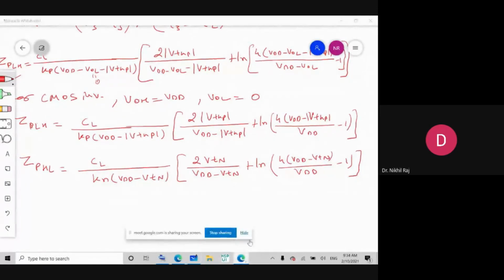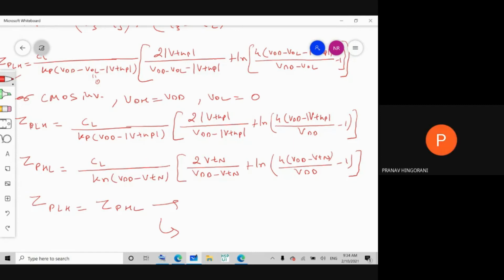So in these two equations, you see, what is the case when TPLH will be equals to TPHL? Under what cases will these two be equal? These two equations we can make equality. Can you identify looking at the equation? The threshold voltage is same. Okay, so first is that mod of VTH of P should be equals to Vt of n. This is the first observation. Second observation for the symmetric case.